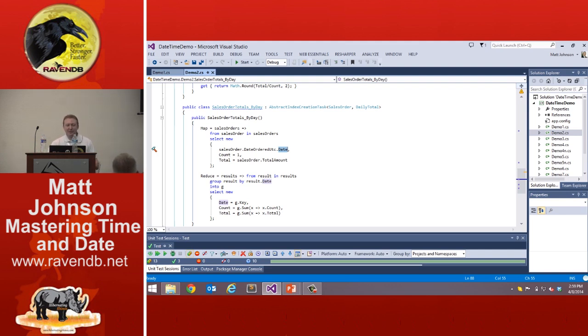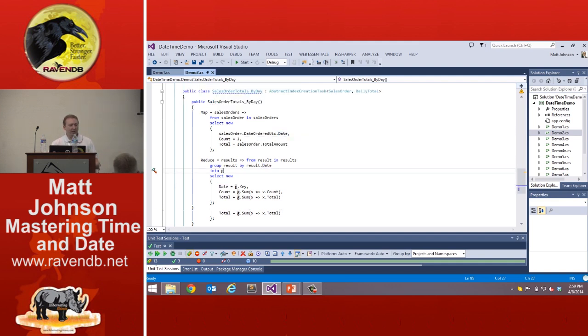So it's important to realize here that even though I was storing UTC, I don't necessarily want to aggregate by UTC or query by UTC. I'm not even going to bother running this. It will get the correct results. And you can see here, this is your basic map reduce, count by one. I'm using the date